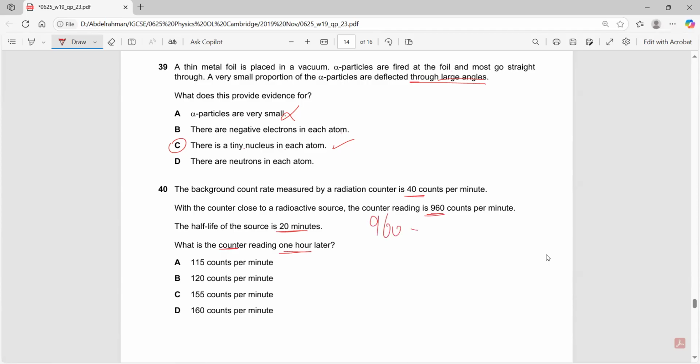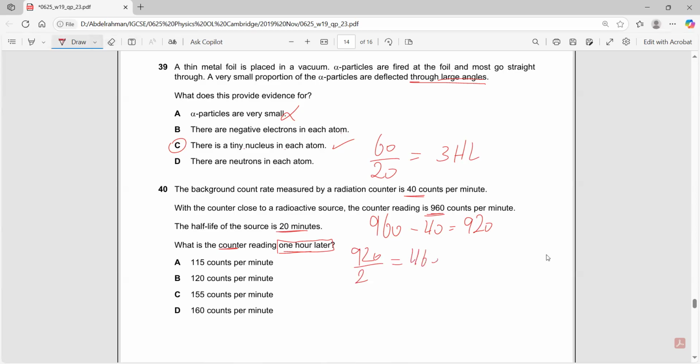960 minus 40 is 920. We need to divide 920 by 2, but how many times? In 1 hour, how many 20 minutes do you have? 60 minutes divided by 20 is 3 half-lives. So you'll divide by 2 three times. 920 divided by 2 is 460. Divide by 2 again, 230. And then divide by 2 again, it is